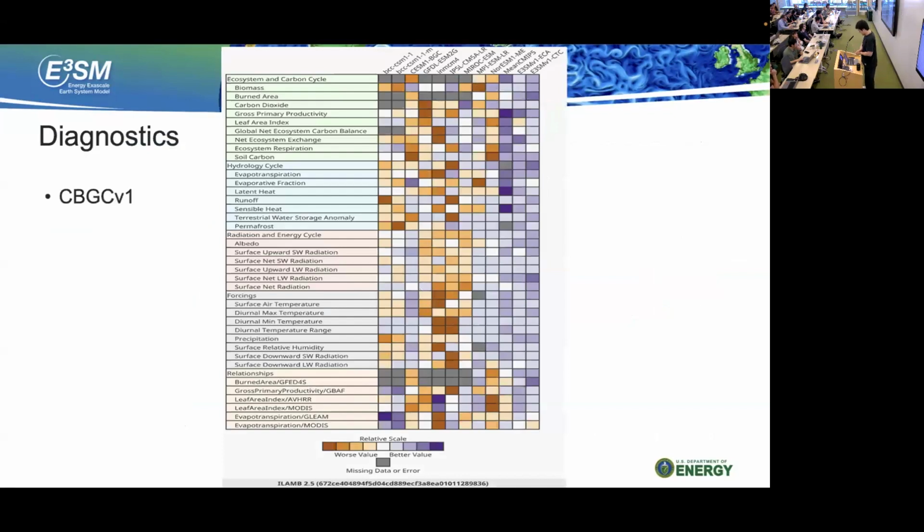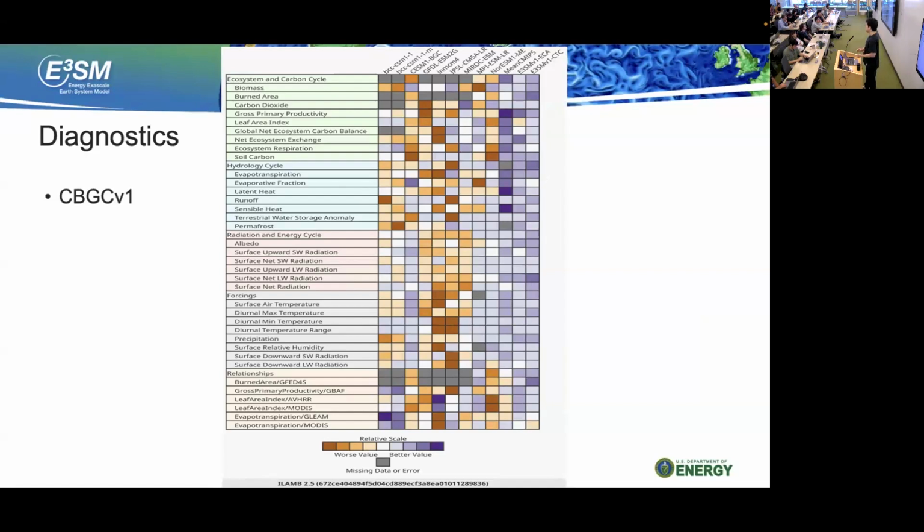And a little bit of diagnostics. So it just showcases the performance of V1. On the right, there are two columns on the far right, which are two configurations of the BGC V1 simulation that we conducted and compared with our other CIME models. In general, it outperforms other models across all the metrics. So each row is a variable that we benchmark against: biomass, burning area, basically all those carbon, water, energy, and surface climate variables.